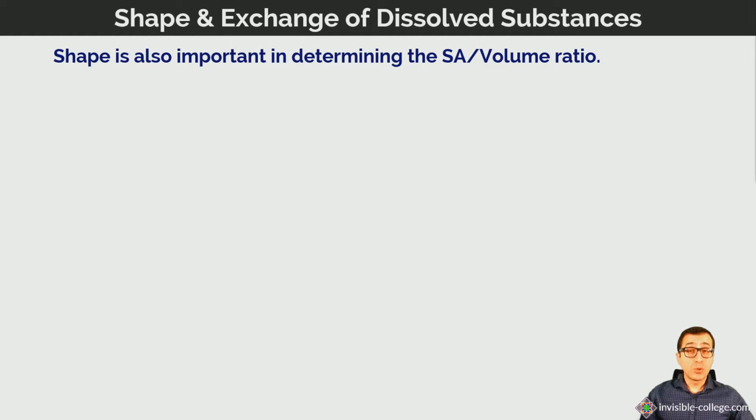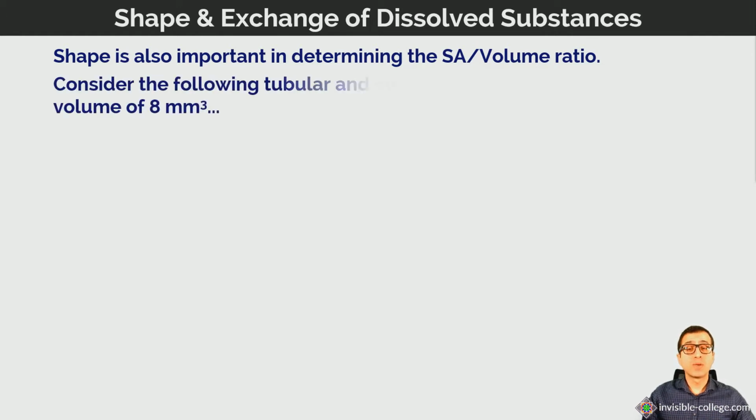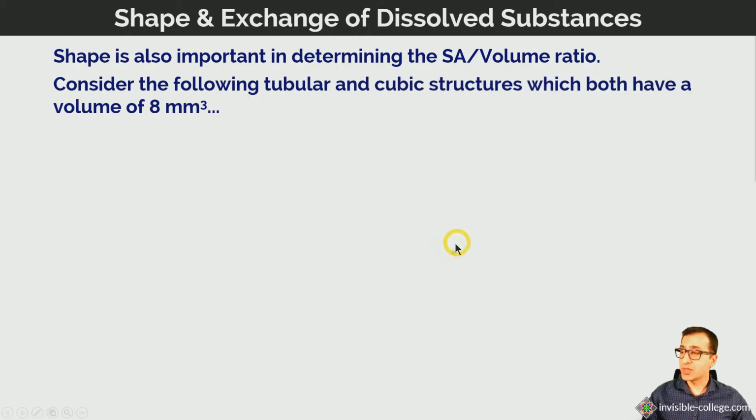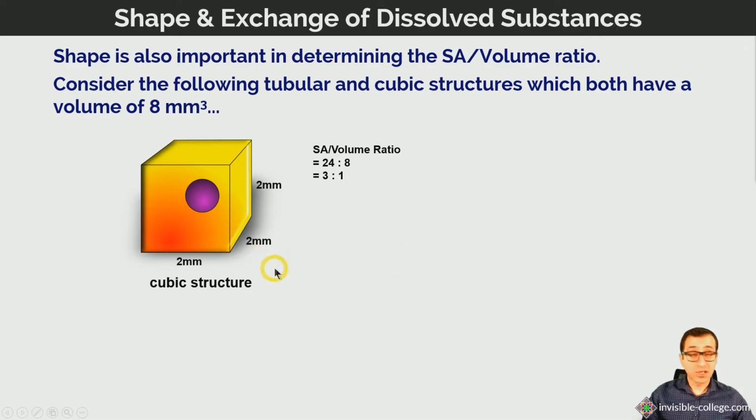So consider the following tubular and cubic structures. These both have a total volume of 8 cubic millimeters. So let's look at the cube again, which has sides of length 2 millimeters. Again, as we saw before, the surface area to volume ratio of this cube is 3:1. Now let's, instead of this structure, which has a total volume of 8 cubic millimeters, let's instead imagine that we take 8 single cells, single cubes, each of which have sides of 1 millimeter, and stack them into one long